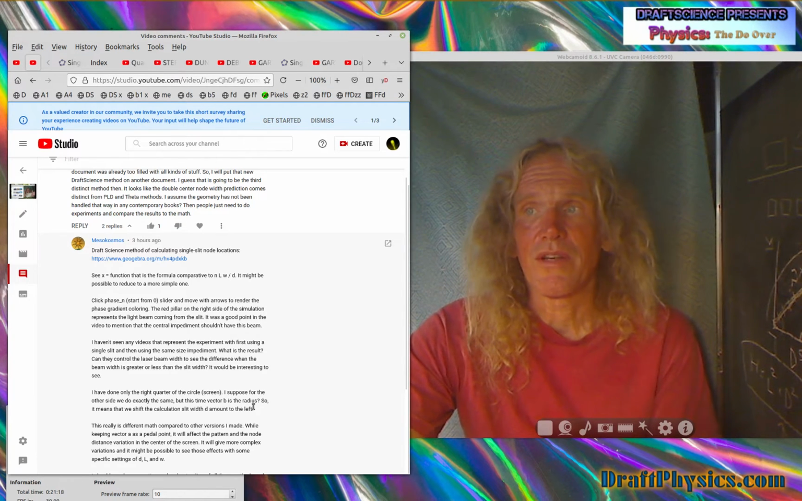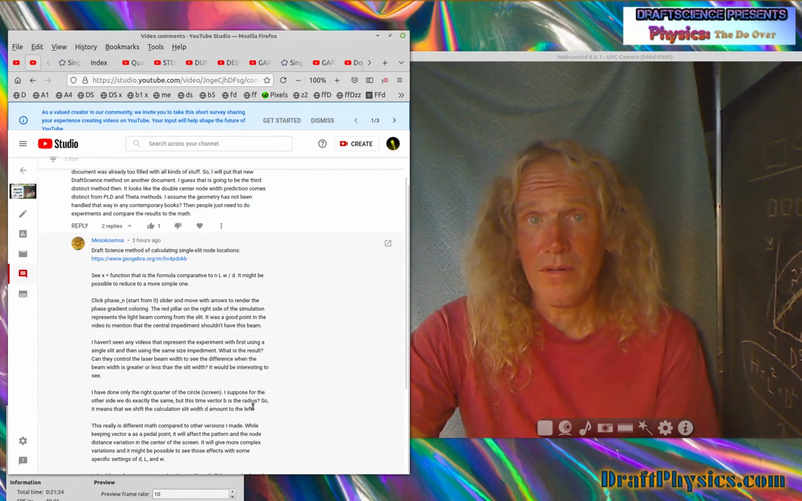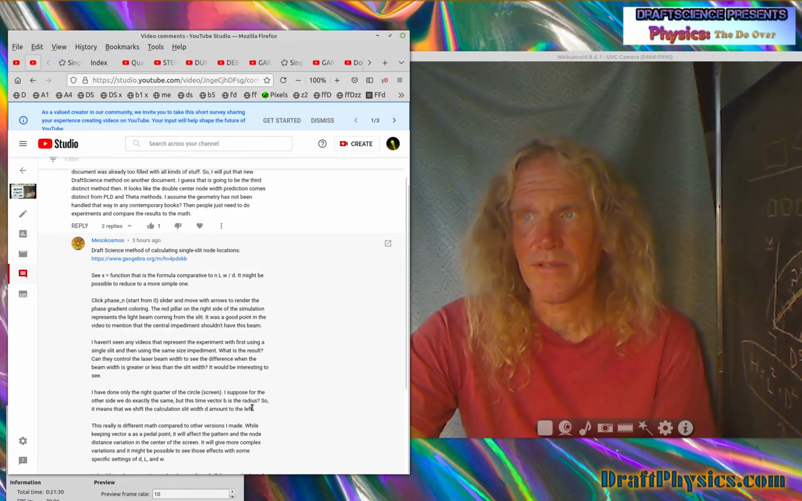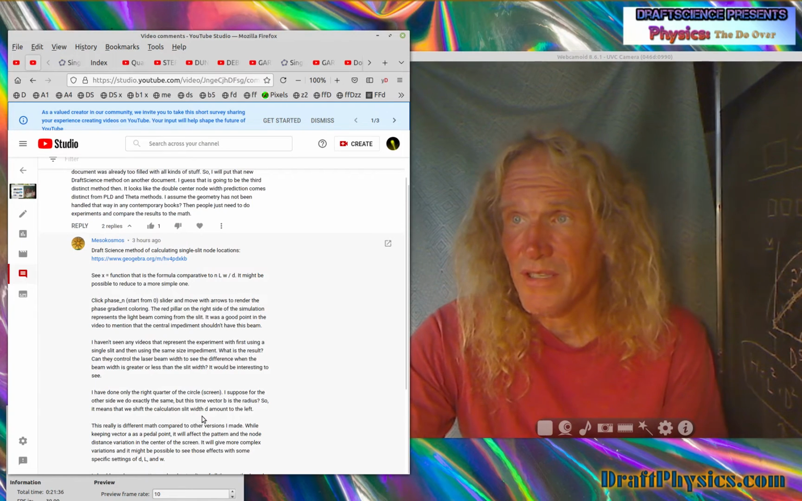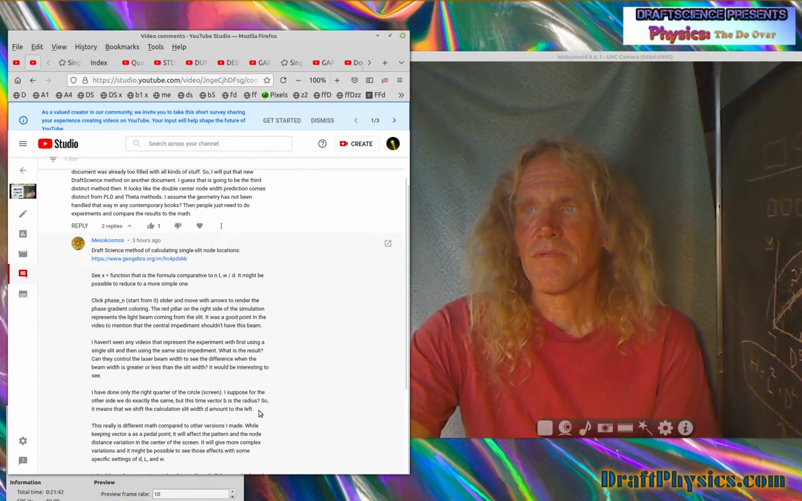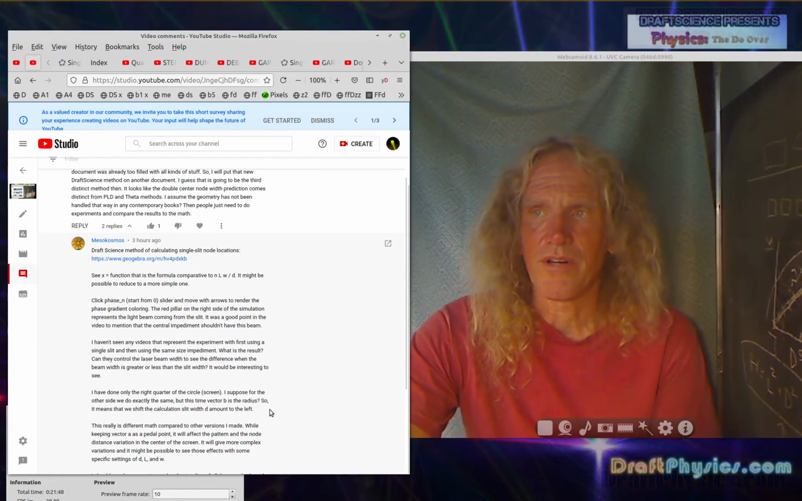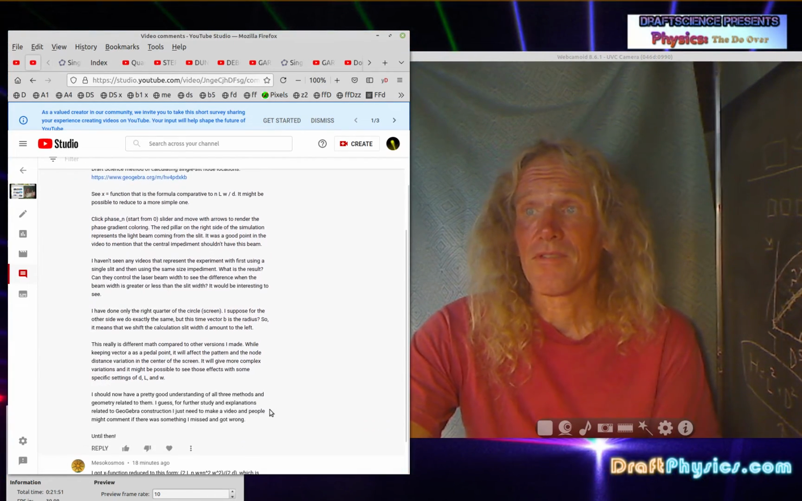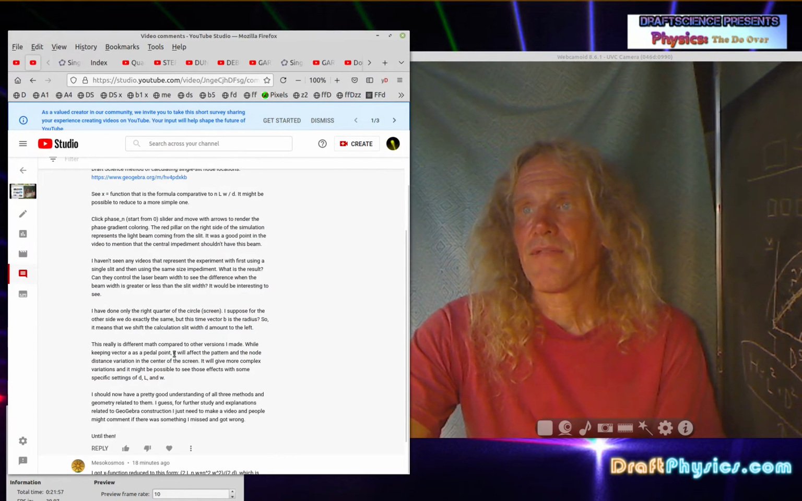Yes, you would change which one gets to be the source that has the consistent L, or, like I said, you just measure the path length difference based on how much shorter it is rather than how much longer it is. So it means that we shift the calculation slit width D amount to the left. Again, the easier way to do it is you're just measuring the difference between the two lines. So now you're saying shorter is the same as longer, as long as it's a wavelength or half a wavelength, shorter or longer. This really is different math compared to the other versions I made while keeping vector A